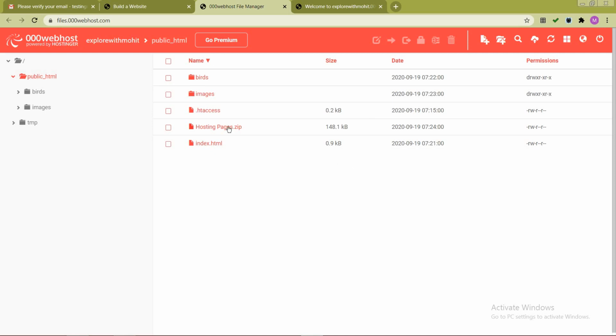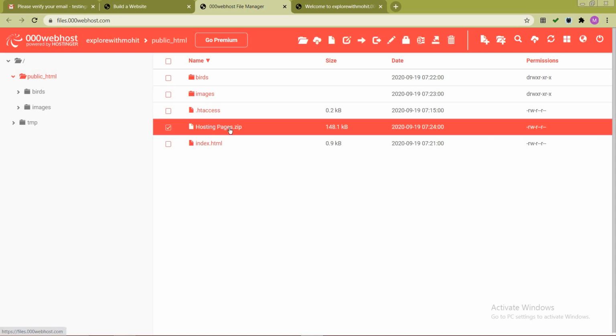After uploading this zip file, what you have to do is extract this file over here. Right click over here, and just extract it over here. All the files, all the folders, subfolders, images and files will be extracted over here automatically. This is purely as per your own requirement, what method you want to implement to upload a website. Upload it individually, this is the first method.